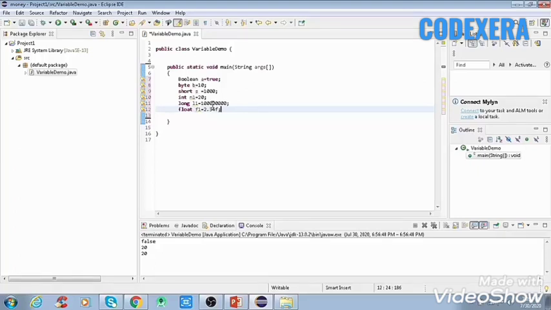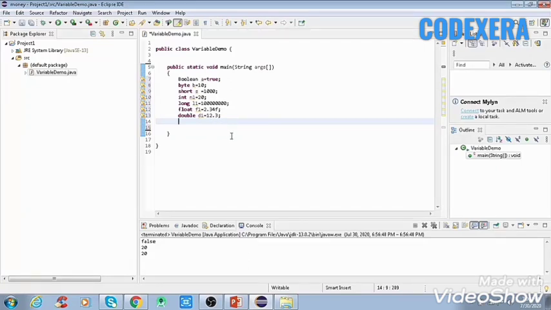After that there is the double data type. The double data type is a double precision 64-bit IEEE 754 floating point. The double data type is generally used for decimal values, just like float. It should never be used for precise values, and its default value is 0.0d. I will show you. We declare a double with the keyword double d1, and we can put a value like this. It is similar to float. We can also put decimal values in it.